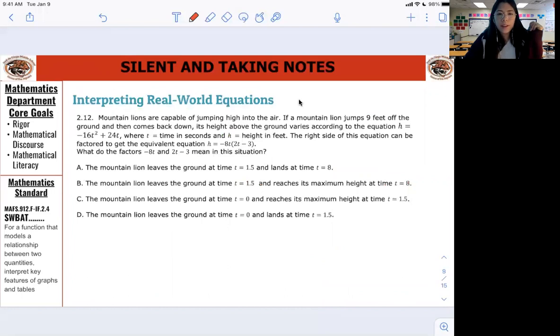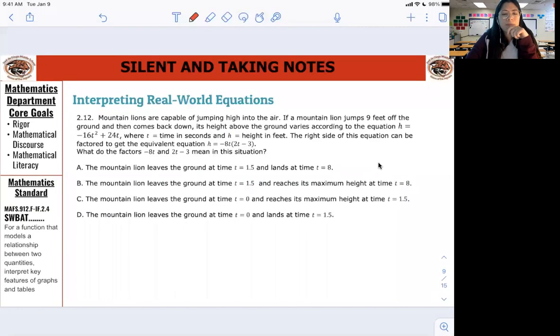This one is kind of a long problem. I would love for somebody to read this one so that I don't have to. Okay, go ahead. Mountain lions are capable of jumping high into the air. If a mountain lion jumps 9 feet off the ground and then comes back down, its height above the ground varies according to the equation h equals negative 16t squared plus 24t, where t equals time in seconds and h equals height in feet. The right side of the equation can be factored to get the equivalent equation